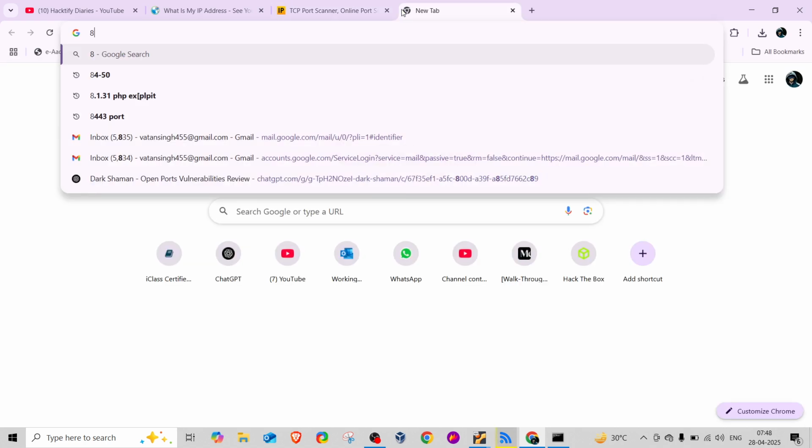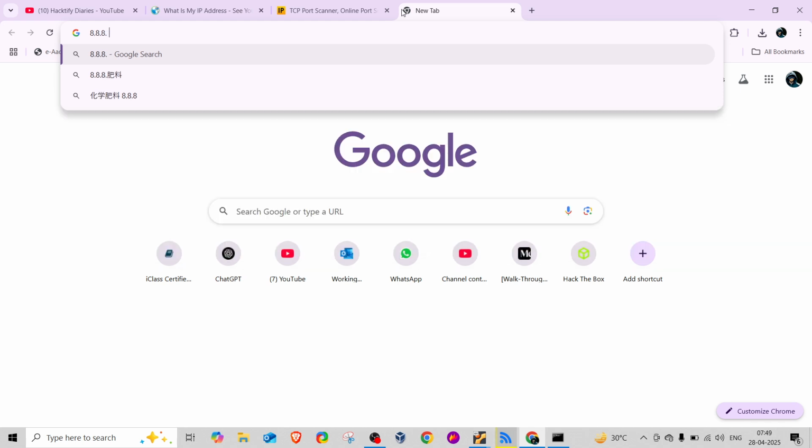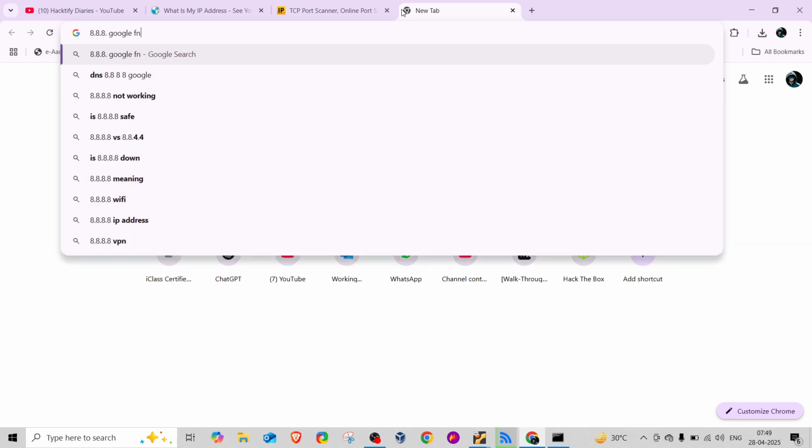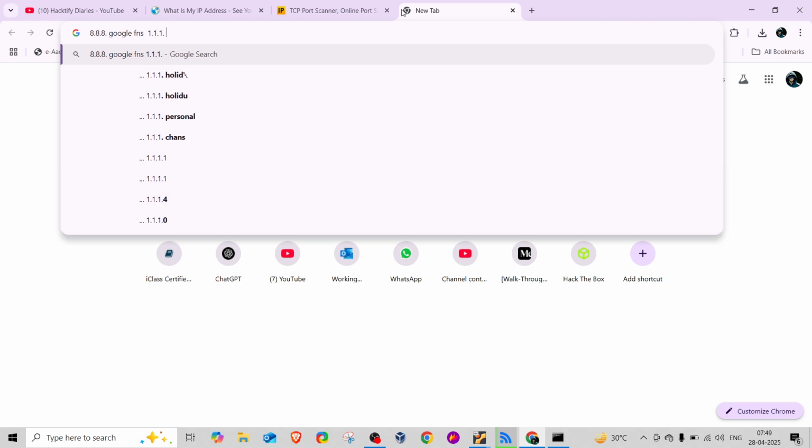Example, you can say 8.8.8.8, which is our DNS server, as I said, Google DNS, then 1.1.1.1, which is our Cloudflare. Okay,